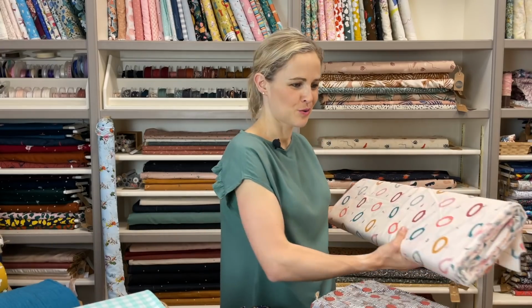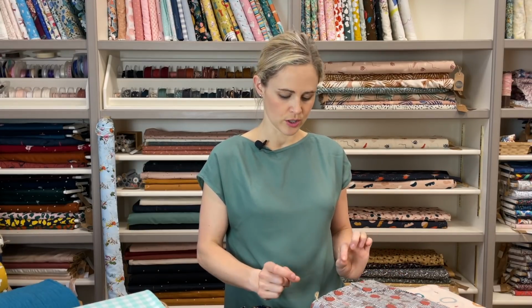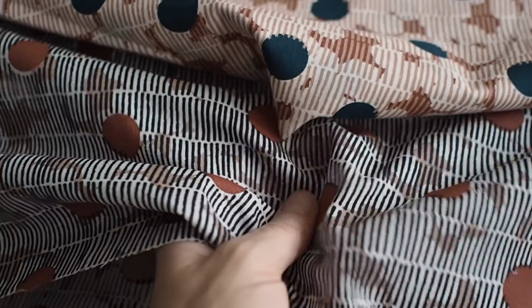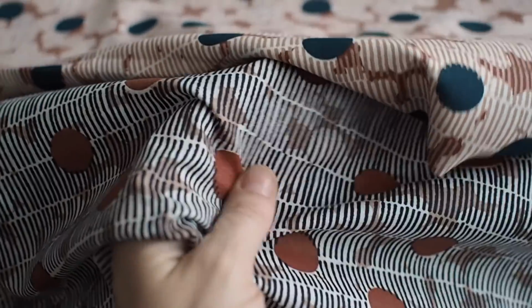And then we've also had all of the new Atelier Brunette collections back in as well. So their new collection of fabrics, there's quite a lot in this collection. There's 3 main base cloths in this one in particular. Most of them are viscose, but there are a couple of cotton, what do they call them? I think they call them cotton gauze, but it's not double gauze, so it's one really fine layer of cotton, and the gauze really is referring to, you know, that it's going to be a little bit of a